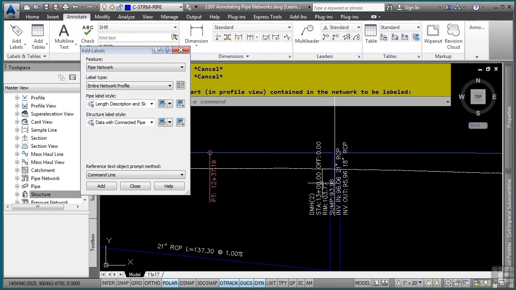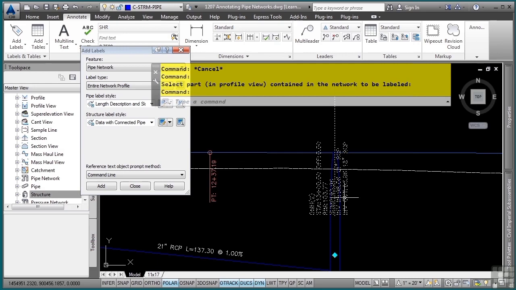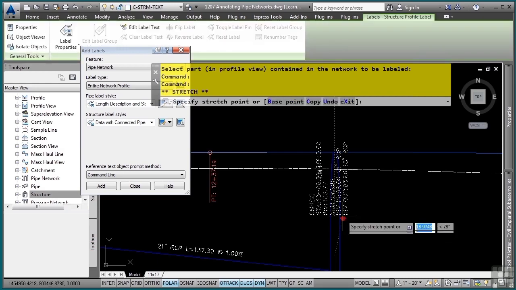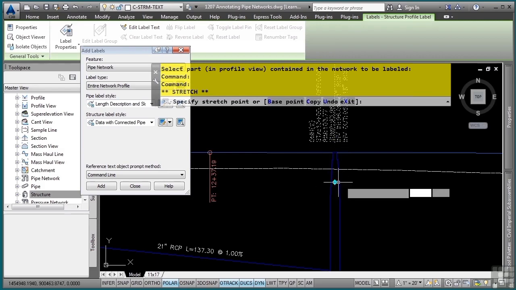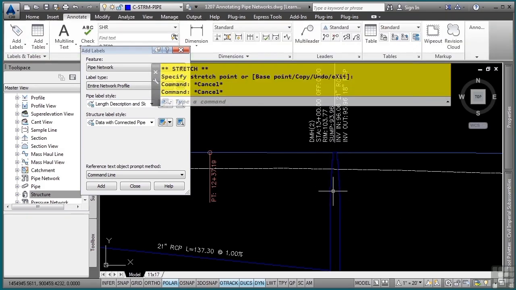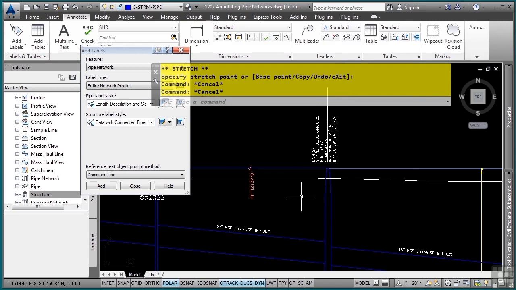Of course, as you see here, this gets you about 95% there, and then you will have to actually move these to the desired location. I can just use polar tracking to move these straight up and place them where I want to. Notice that with this label style, the drag state does not actually change to a note with a leader, because I've set this to stacked text and turned the leader off so that I could do so in the profile